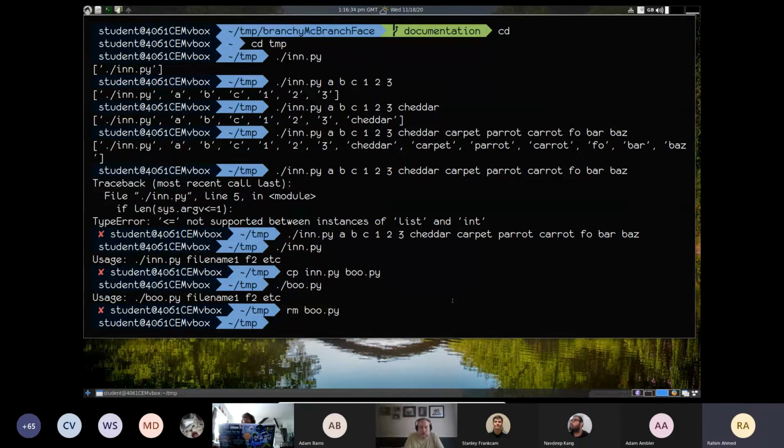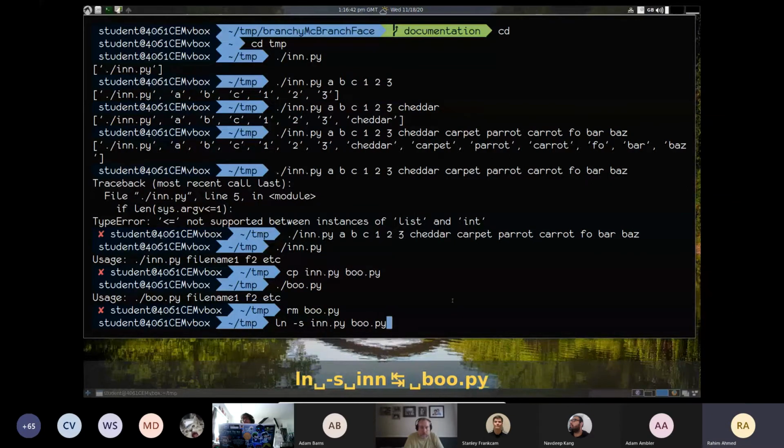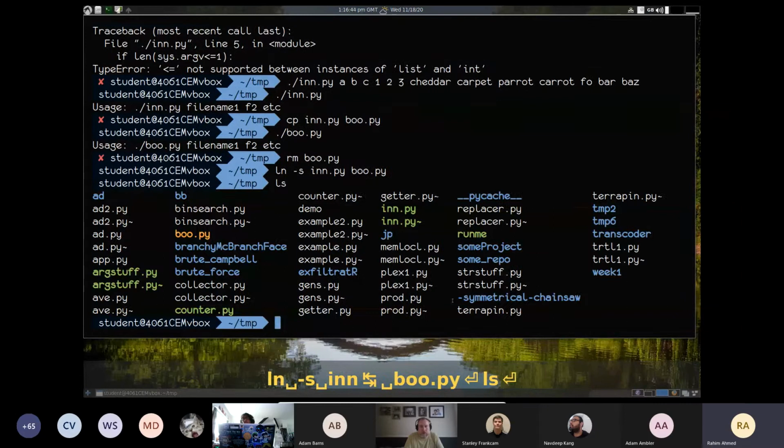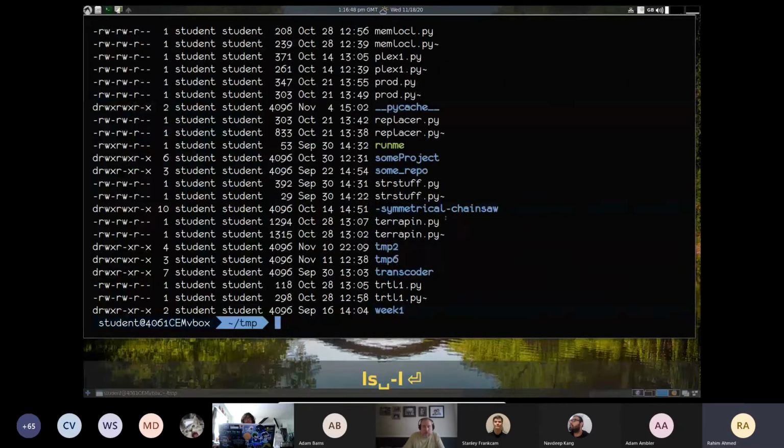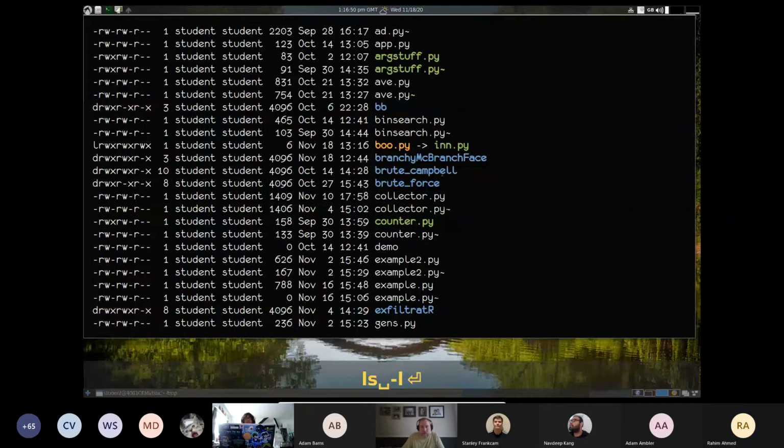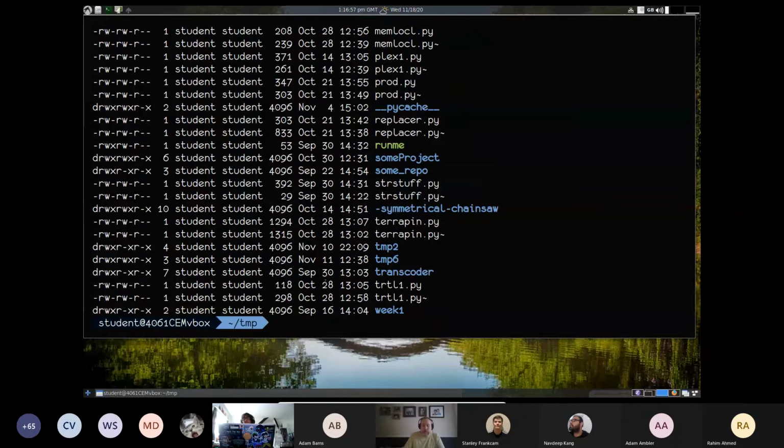So we've got, say, a link. So let's say this is a symlink. So we're going to go in.py, foo.py, and now you can see I've got foo.py and in.py. If I do ls -l, Rahim, could you mute, please? That foo is actually a symlink to in, which means I can do